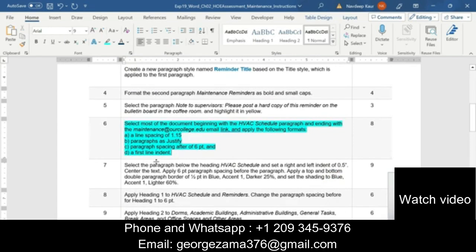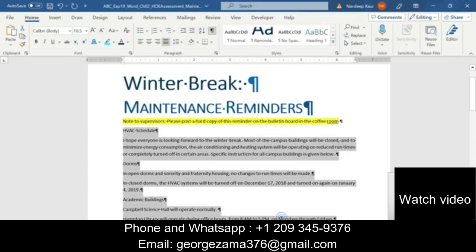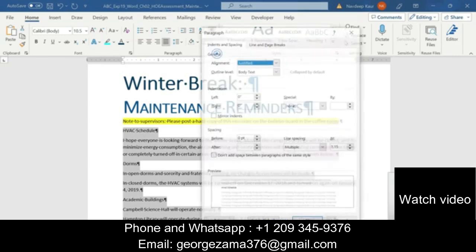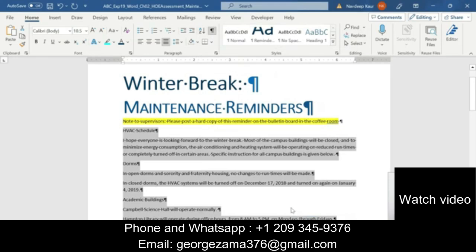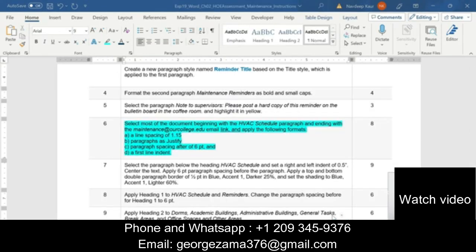Next thing to do is paragraph spacing after of 6 point. So we will go to the paragraph setting from here, and we are supposed to apply 6 point spacing after the paragraph. So we will select 6 point. And the last thing to do is a first line indent.